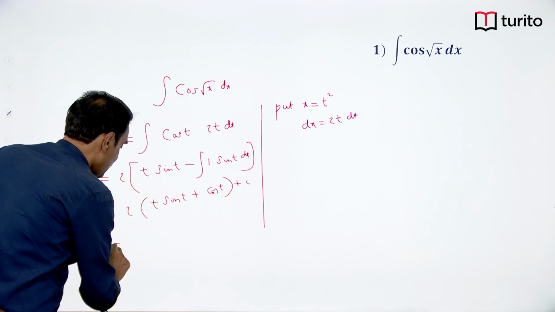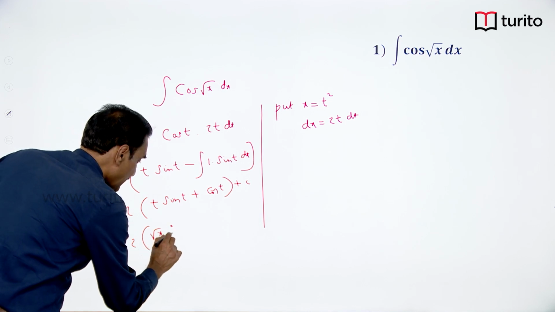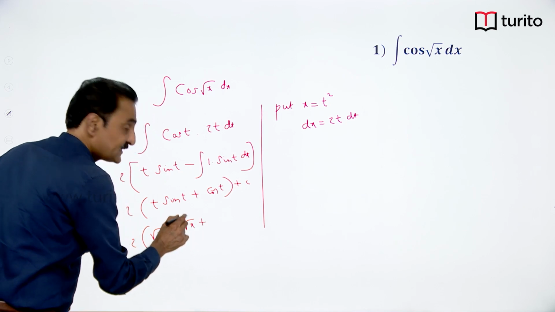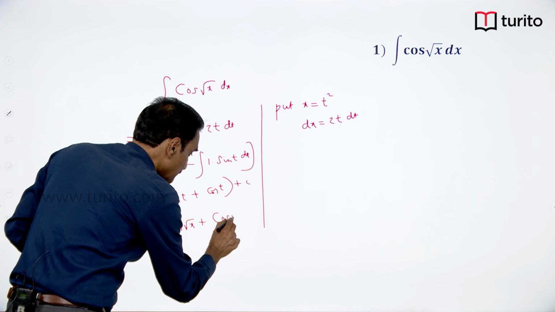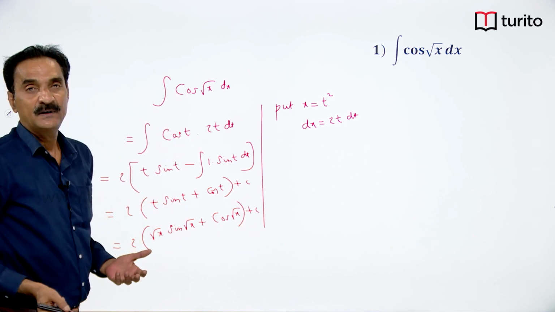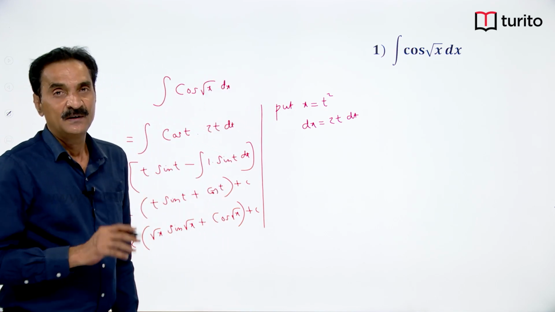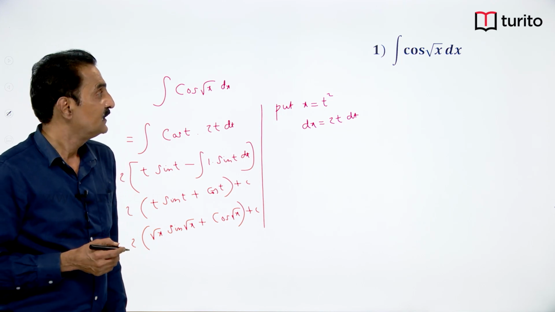Then the final answer is 2 into root x sin root x plus cos root x plus c. Okay. So whenever root x is there, you put x is equal to t square and make that function rational. Next,